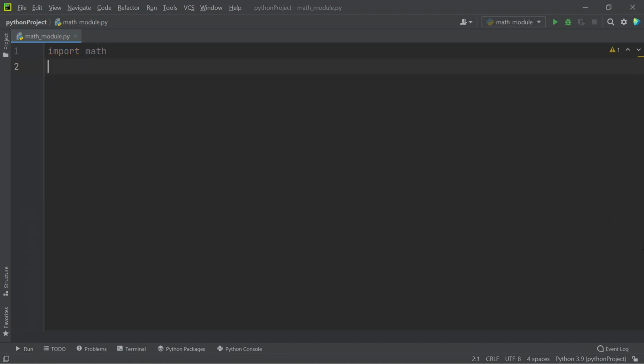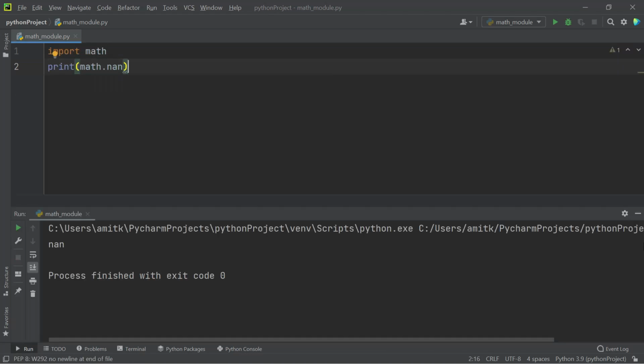The last constant that I'm going to use is nan, which means not a number. Many a time you might get this where the outcome of an expression is nan. So this is how we use it. Nan and None are two different things. None is Python's internal data type, whereas nan represents a value which is not a number.